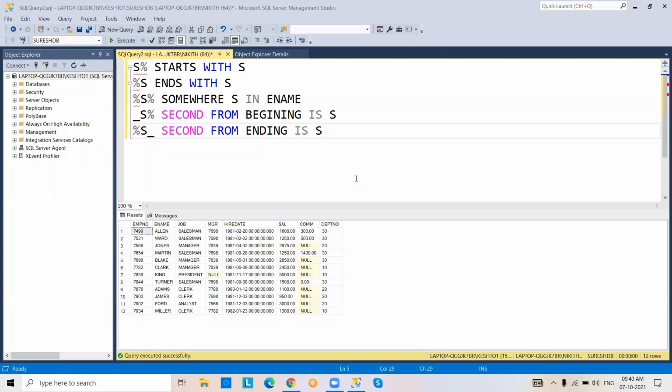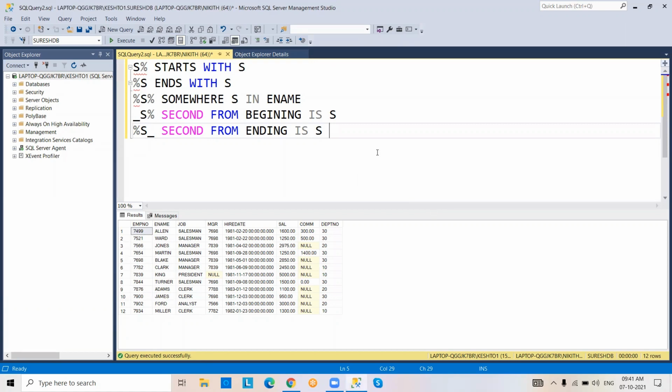Underscore S percentile means second from beginning is S. Before that underscore means there is some other character. Percentile S underscore means second from the ending is S. Is it clear now? All of you clear or any doubts, please?